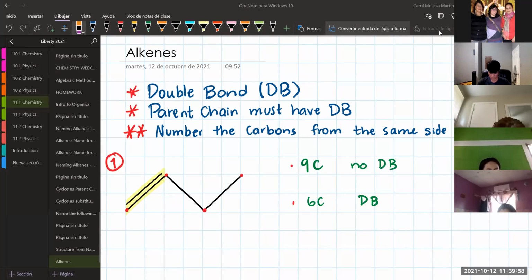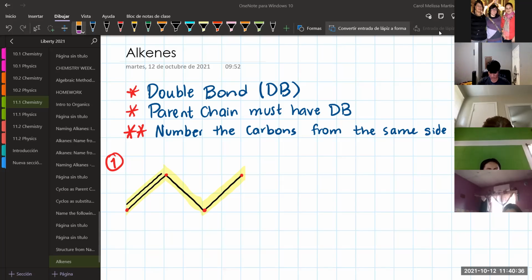In this case, it's not about how many carbons you find in the parent chain, but to include the double bond in the parent chain. That's the most important part. So for this particular example right here, the parent chain is going to be this one, including the double bond. Now, then it says, number the carbons from the side where you have the double bond. So here you have to see the structure,